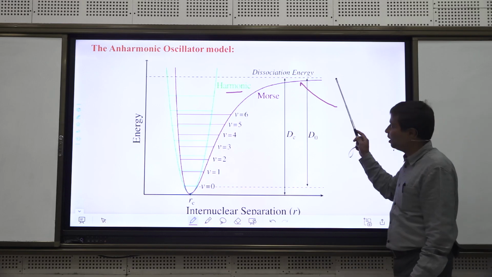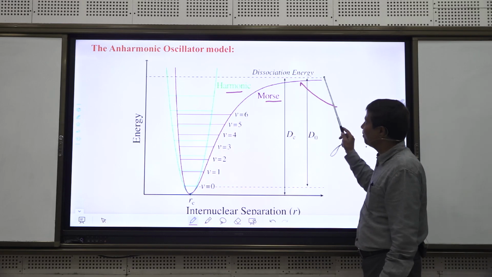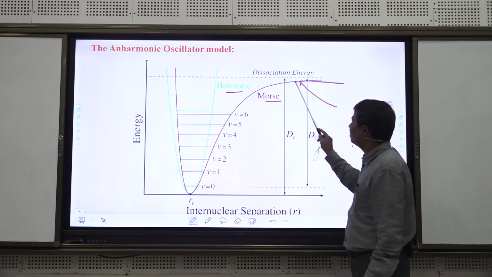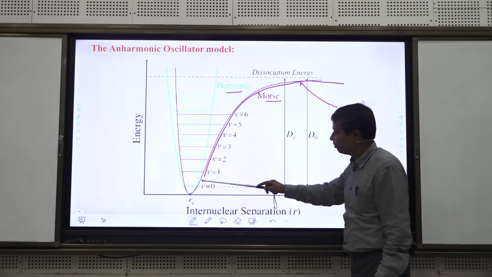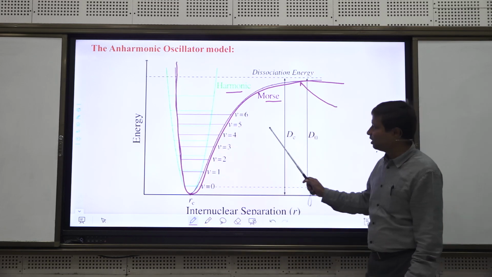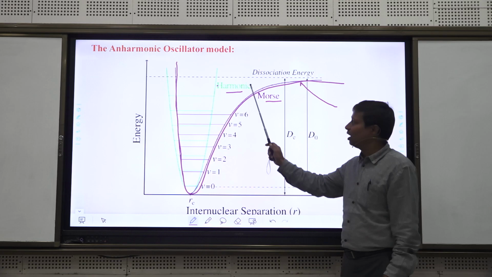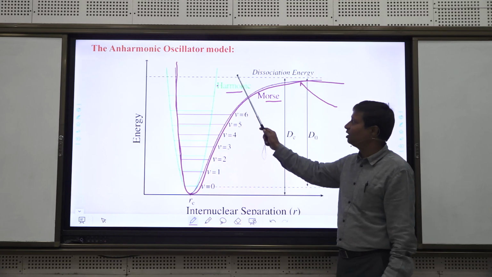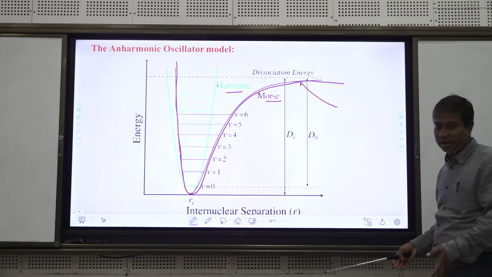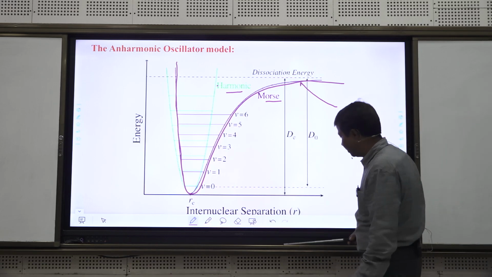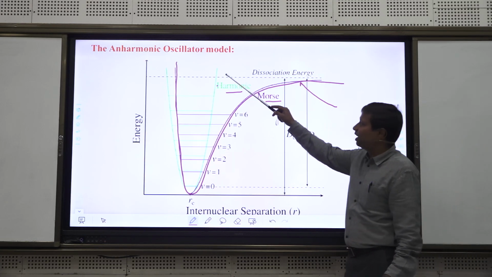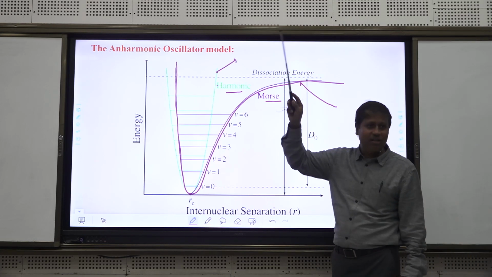So what Morse did is that he empirically gave an equation which satisfies this curve. Okay, this is the curve. So what is the difference between the harmonic and anharmonic? The biggest difference is that in the harmonic case there is no bond breaking, which we should have. Okay, so now what Morse did, in this case your energy expression is